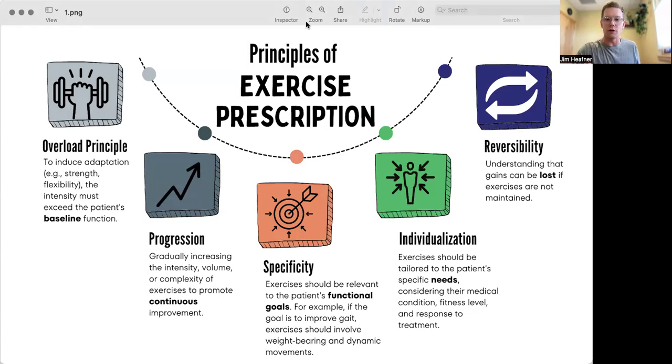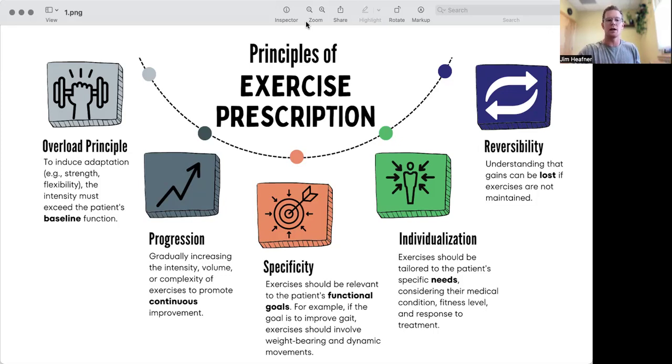When we talk about the overload principle, that is, we need to induce adaptation, whether that be strength or flexibility gains. The person must exceed their baseline level of function. So for overloading the tissue, we need to push them into a range that really challenges their body. If we're talking in that strength range, that's going to be somewhere in the 6 to 12 repetitions is how